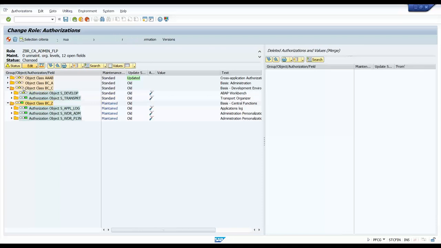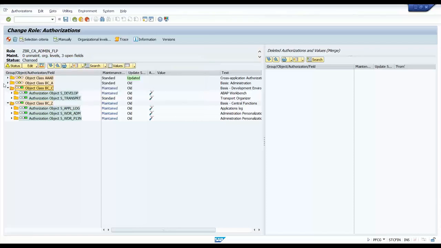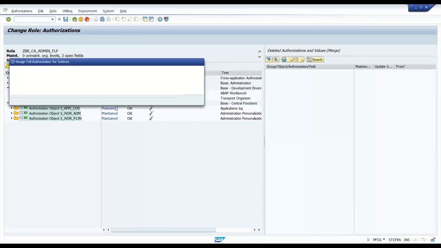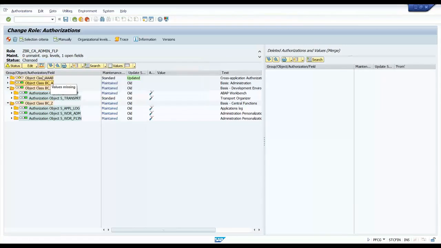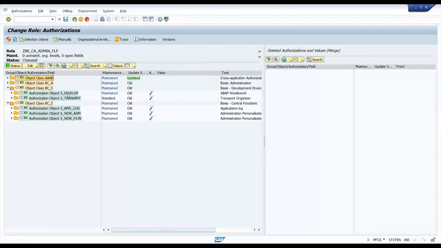Yeah, and you can go to the detail level and you can grant the values accordingly, but right now I'm just adding full authorization for all the other authority objects which are part of these authorization classes. So it will make it easy for me to build the role and grant access to my administrator to be able to manage the content. Let's click on generate button